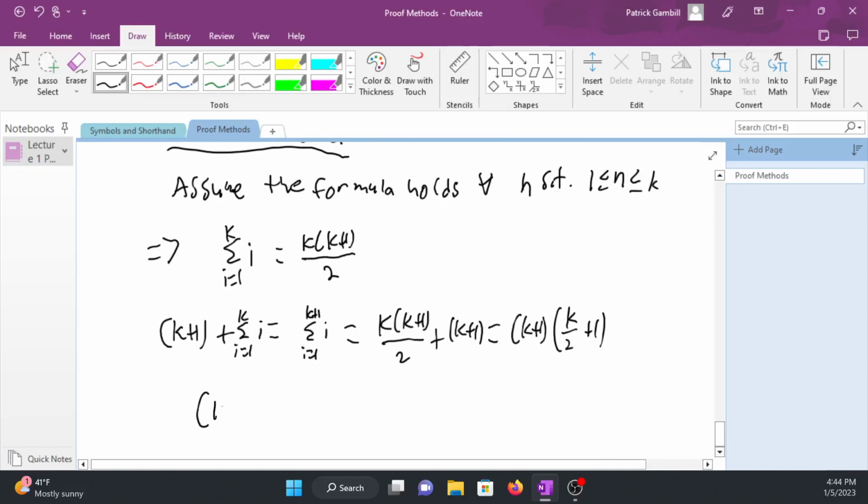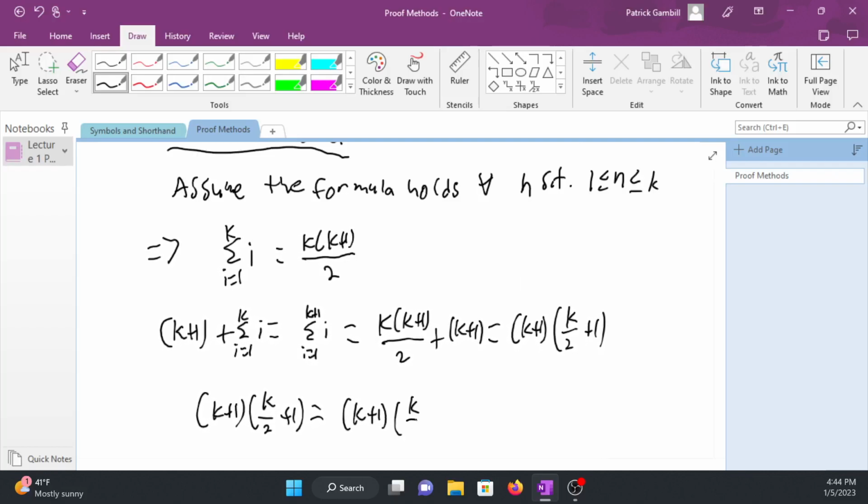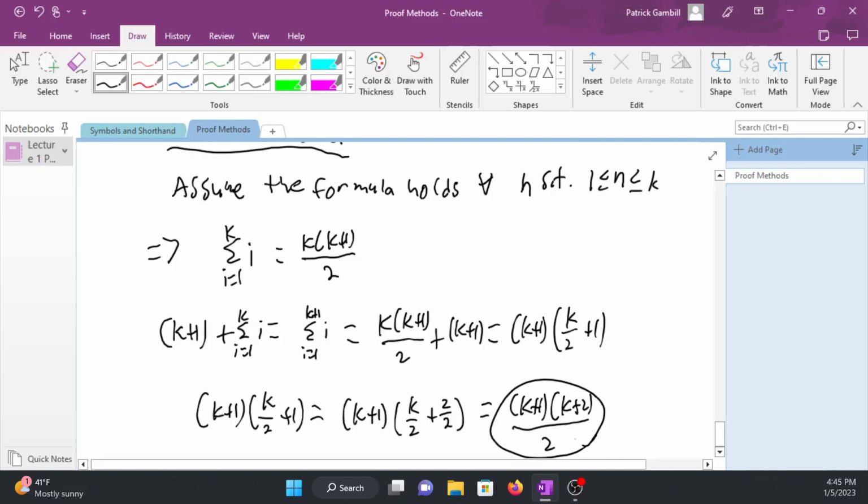Now from this, we can rewrite the 1 as 2 divided by 2, giving us k plus 1 times k over 2 plus 2 over 2, which gives us k plus 1 times k plus 2 all divided by 2. And because we have this piece right here, which is indeed equal to this piece, we've shown that the inductive